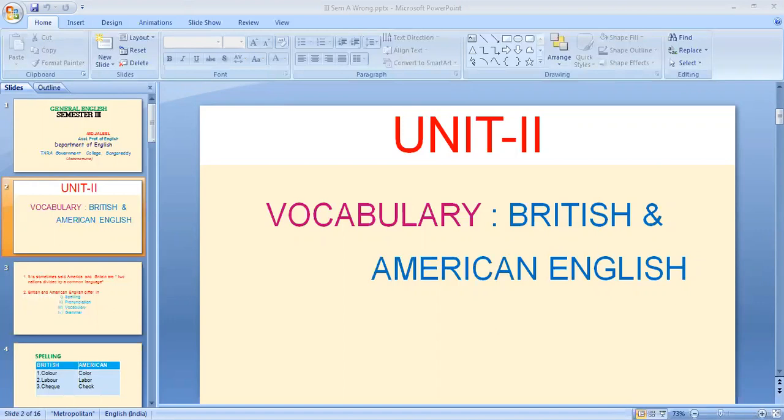So this vocabulary section talks about the English language used by both the Britishers and Americans with some differences. So this topic focuses on the differences. By just reviewing the last presentation's points, we try to enter into our presentation. In the last presentation,